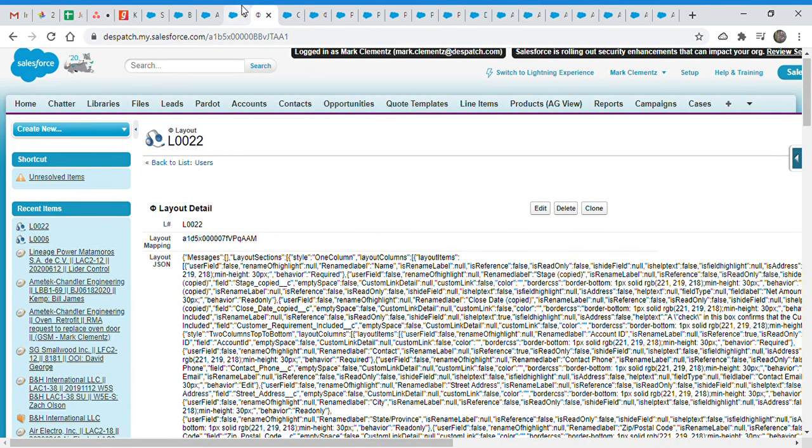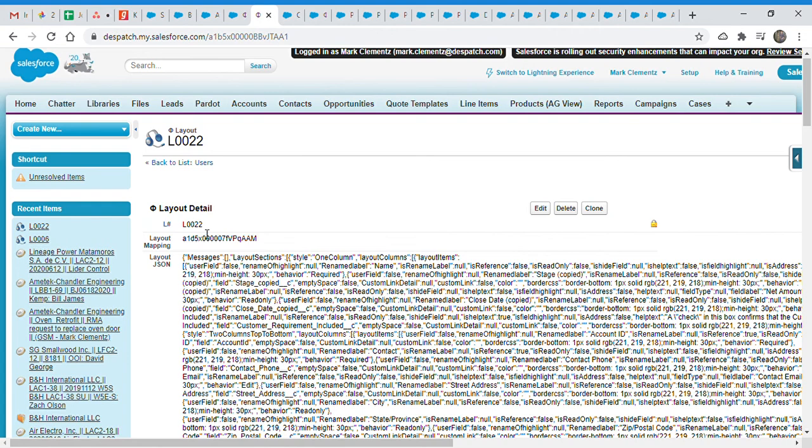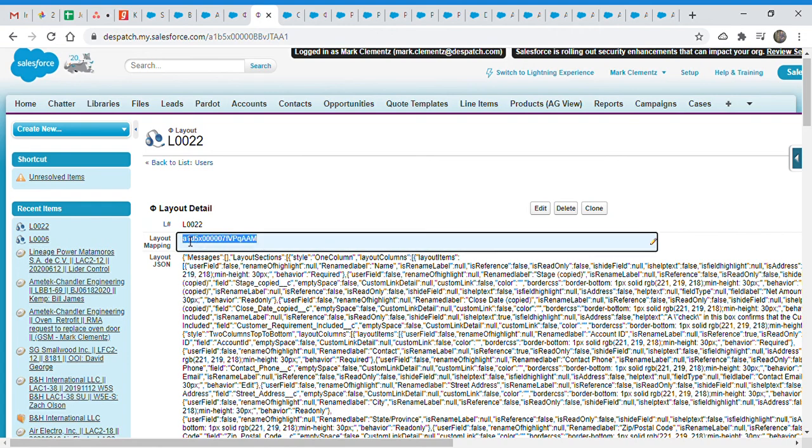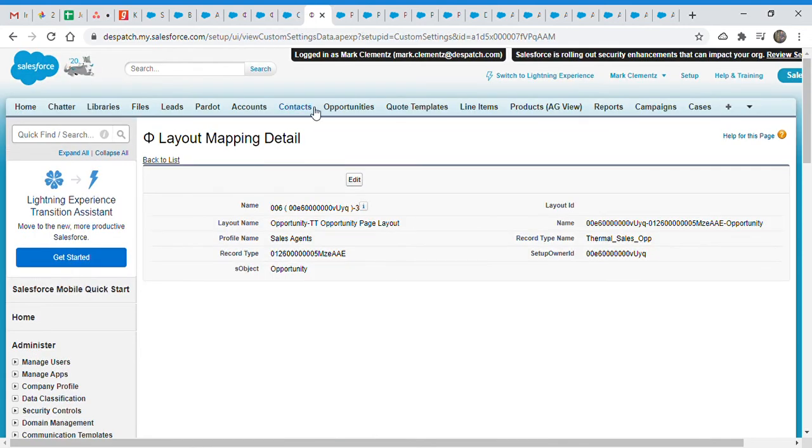I'm not sure when these are set to no access, because when we come here, you see Randy Boom has created a layout. That means when Randy Boom opened an opportunity, our class created this record to save its layout. Here you see layout mapping, that means which record it's connected to.